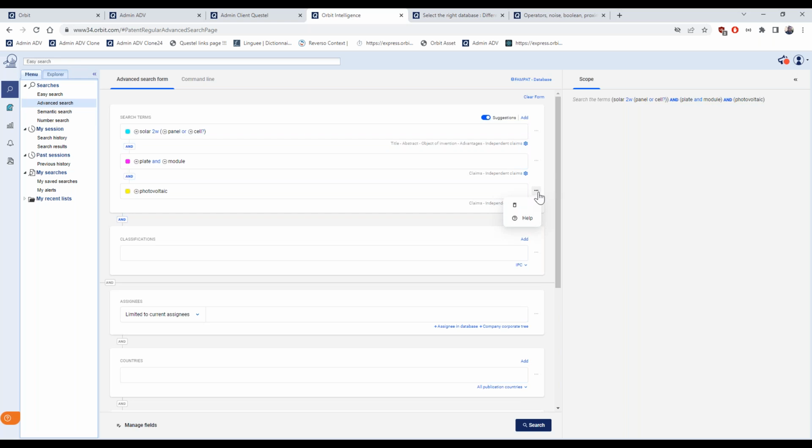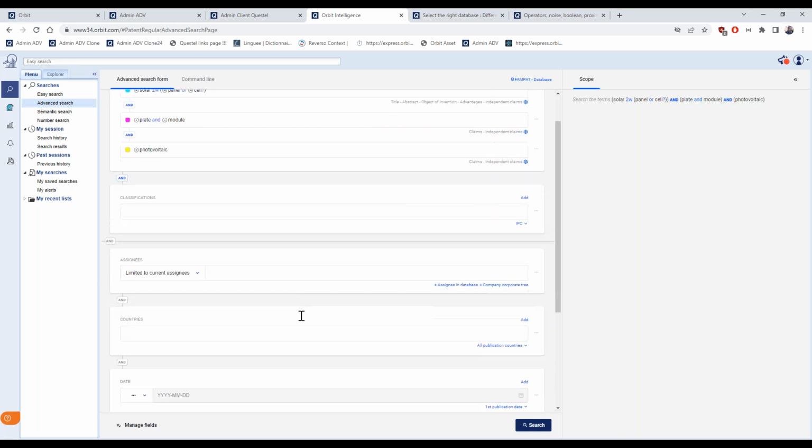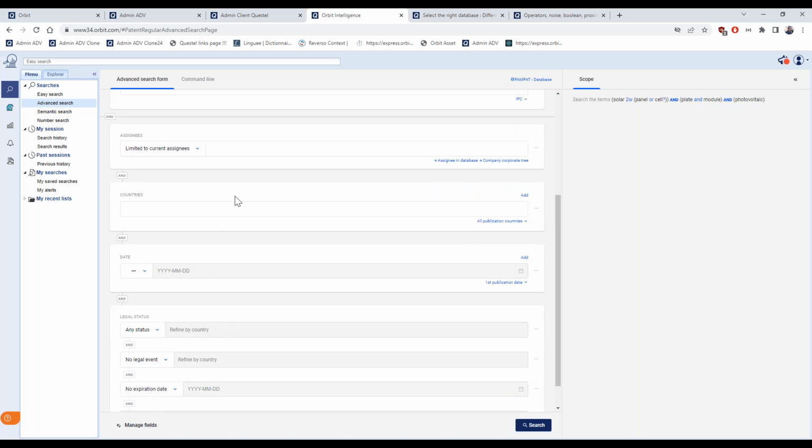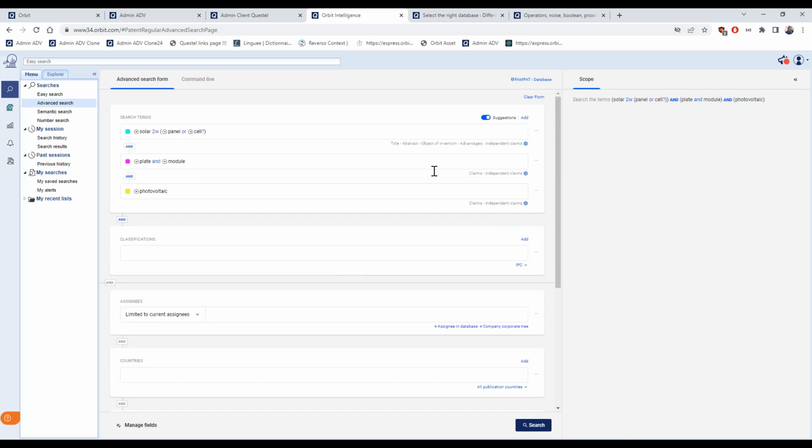By clicking on the three dots, you can delete the part of a keyword module, search module that you want to remove. Otherwise, if you would like to clear the form, so even when adding other search criteria, the clear form is now here on the top. In the previous version, it was beside the search button. Now you can find it on the top.